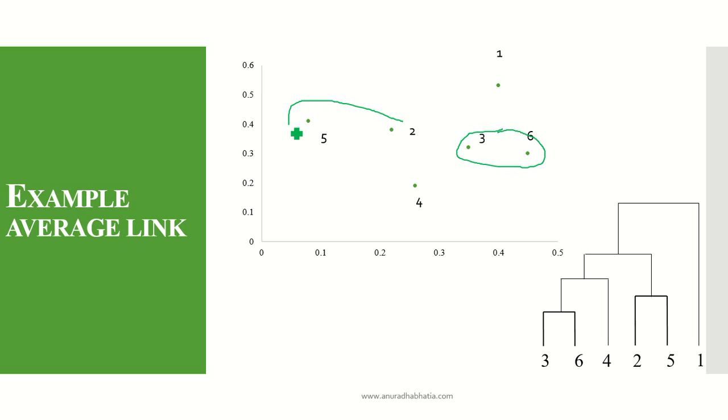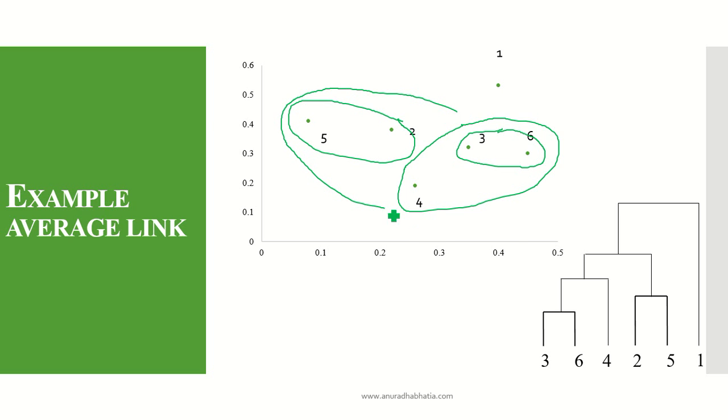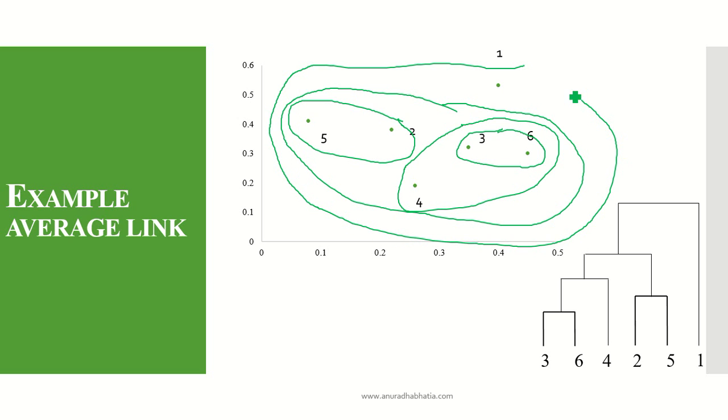This is one cluster. This is the second cluster that I formed. This is the third cluster. This was the fourth cluster that I could get with an average length, and this is my last cluster that I get with an average length, and this is how my dendrogram is formed. So this is how average link HAC helps me to create the cluster.